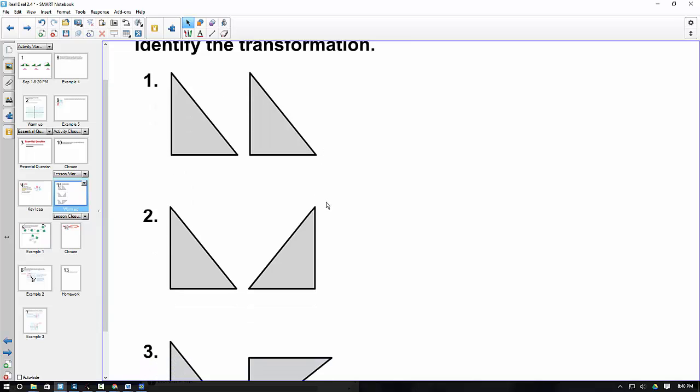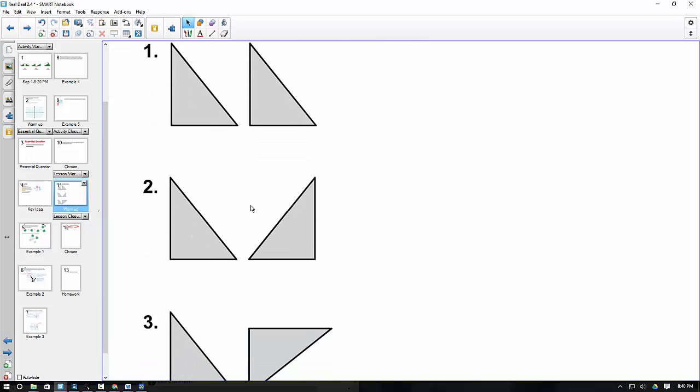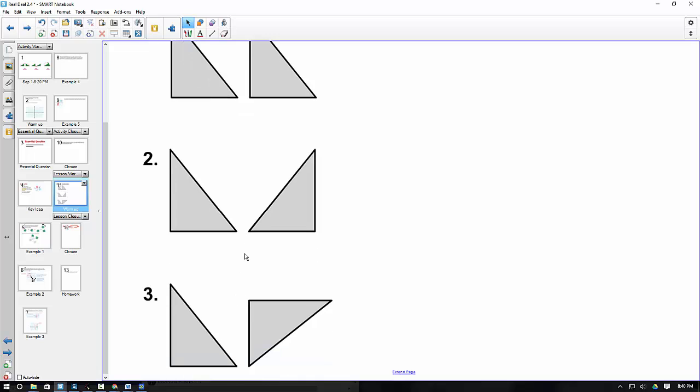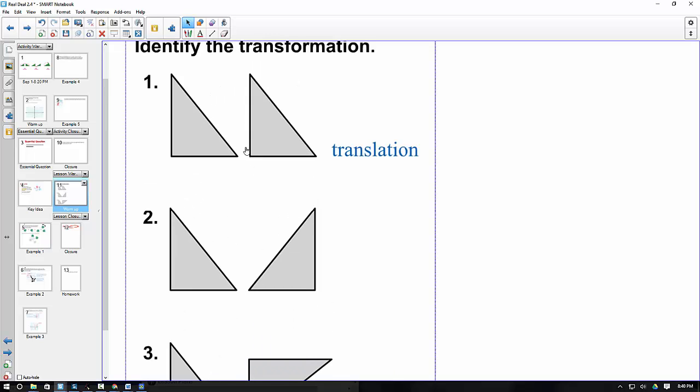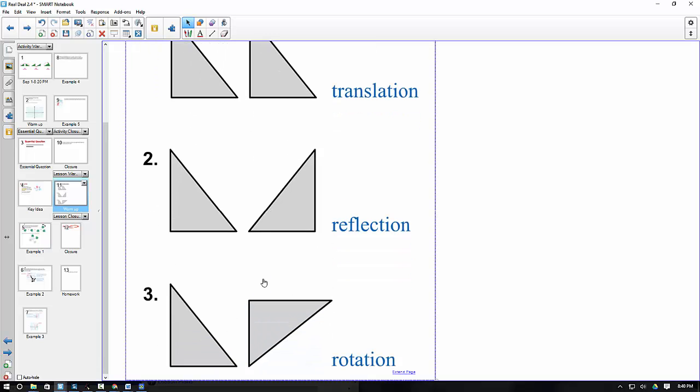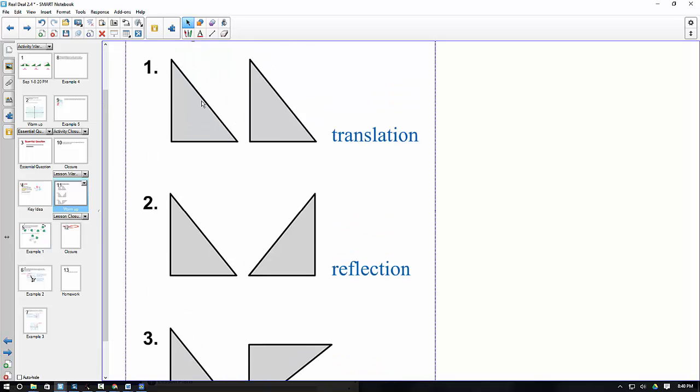So it says identify the transformation. This is just a translation here. This would be a reflection. This would be a rotation. And I know that because I'm physically moving this to the side. I can tell that this is the same direction. So I'm just moving it from here over to here. That's a translation. And then since they're opposite of each other, there's a line in the middle, which is your mirror. And that's pretty